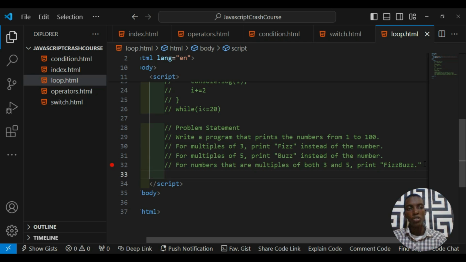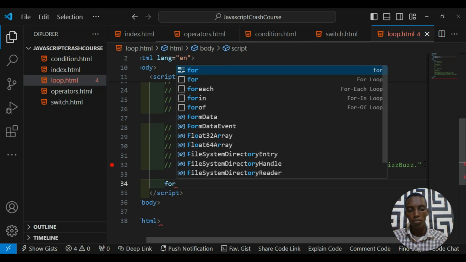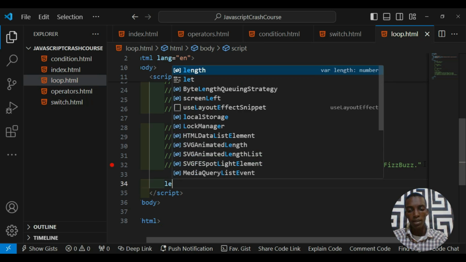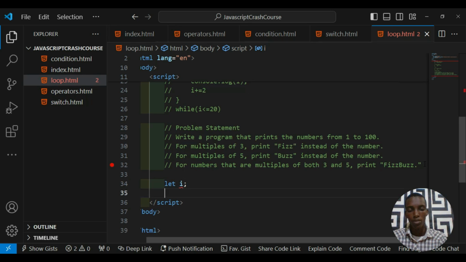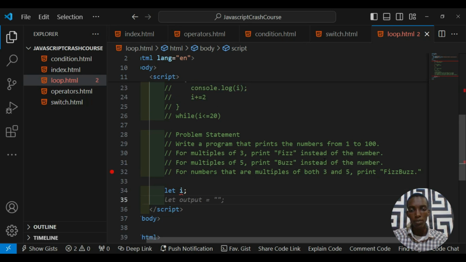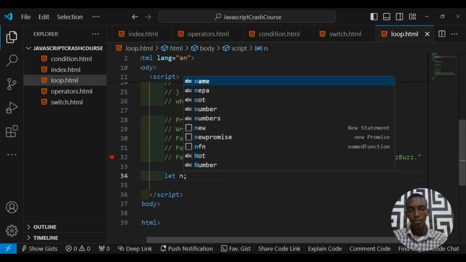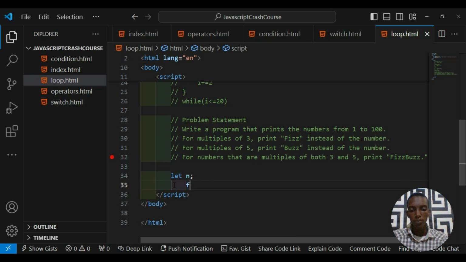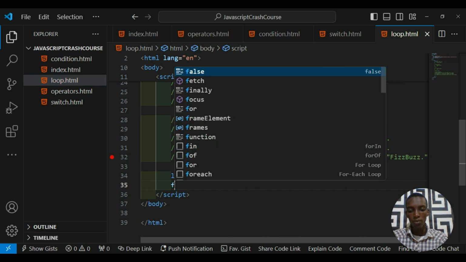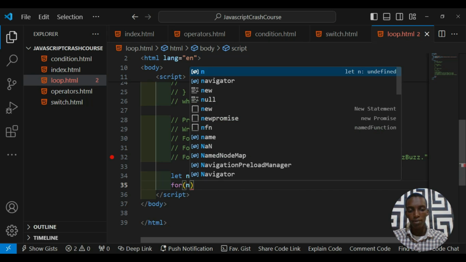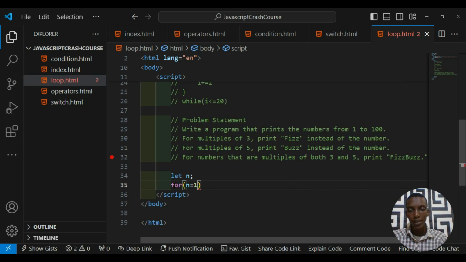Now let's see how we approach this problem. Since we're running a loop, the very first thing we need to say is for. Alright, I will say let I, sorry, we already have I here. Let's say let n. Then I'm saying for n is equal to 1, since we're writing a program that prints the numbers from 1 to 100, not 0 this time around. So I could say this. Then I could say I is less than or equal to